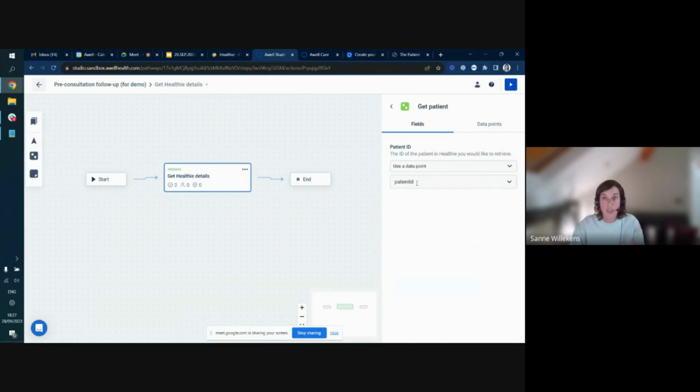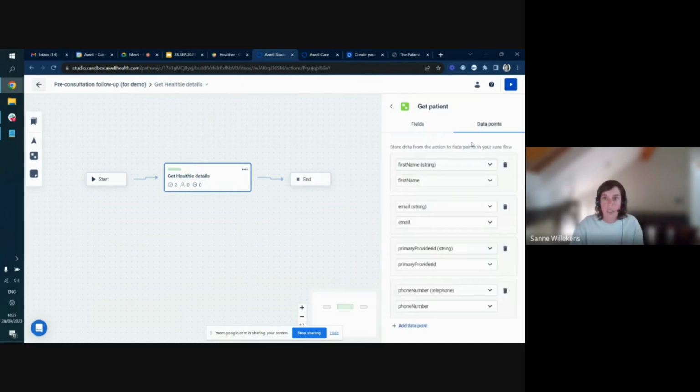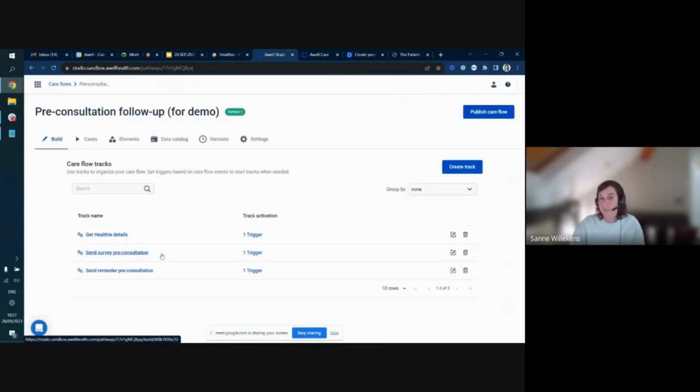So I got the patient ID from getting the appointment details, and what I'm interested in is the first name, so I can address the patient in my communication. I want to know their email address, their phone number, and their primary provider ID. So what we do afterwards, actually, just so that you have the full use case, we want to send